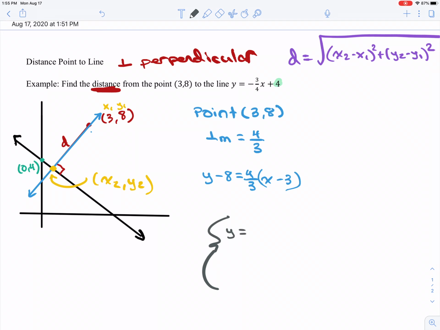So the first equation is negative 3/4 x plus 4. And I'll be honest, point-slope form in a system, not the most ideal. So let's go ahead and distribute. So that's y minus 8 equals 4/3 x. All right, so 4 times negative 3 is negative 12, divided by 3 is negative 4. And if I add the 8 over,